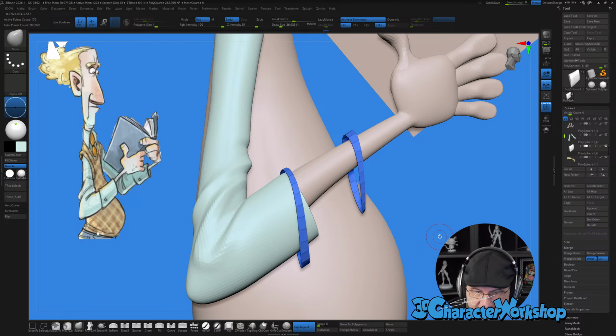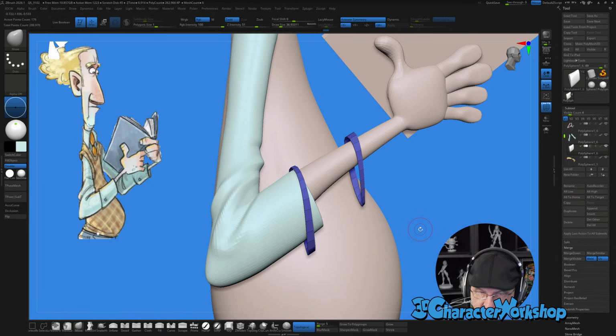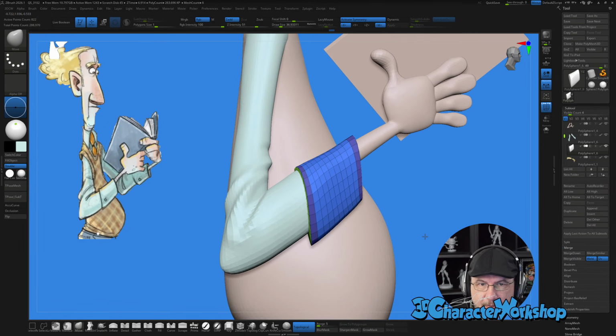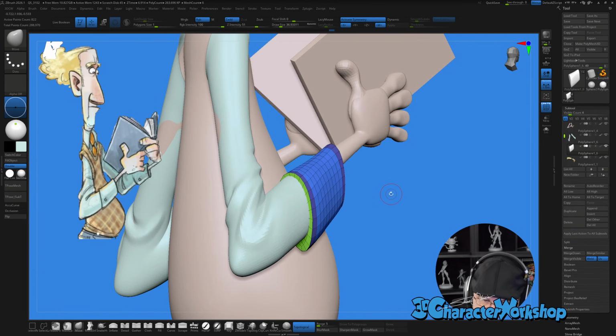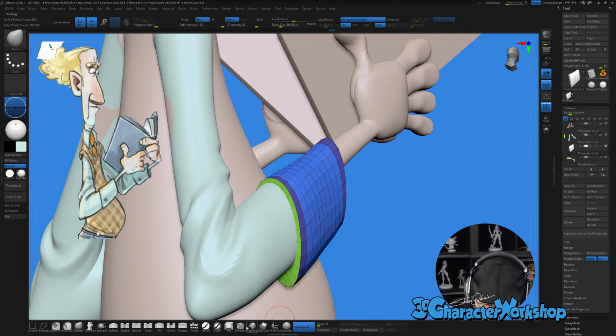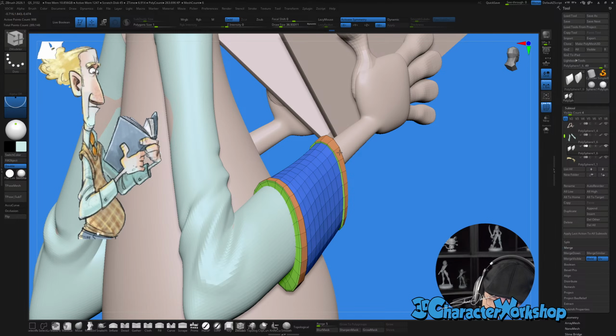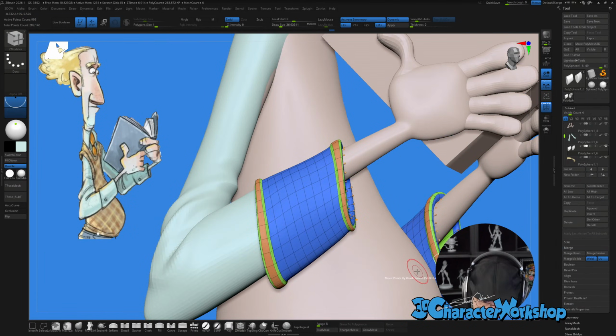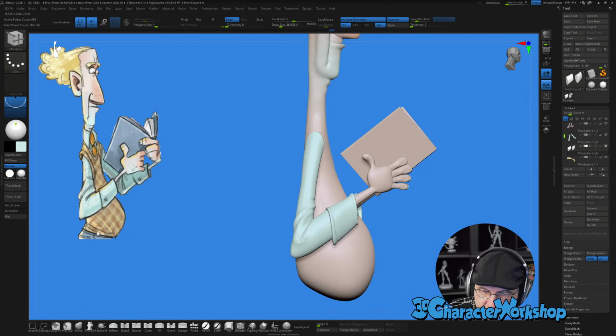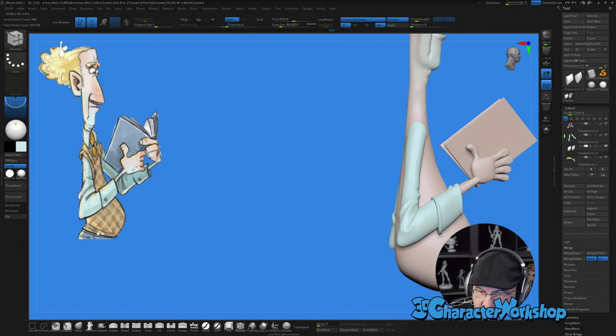And then invert that selection and give this a new poly group. And then we can extrude this out. We just want to give it a little extrusion, just like so. And that will replicate a little seam if we want it, like this. And then it just looks like a cloth seam.